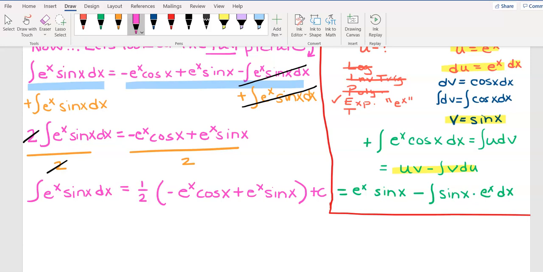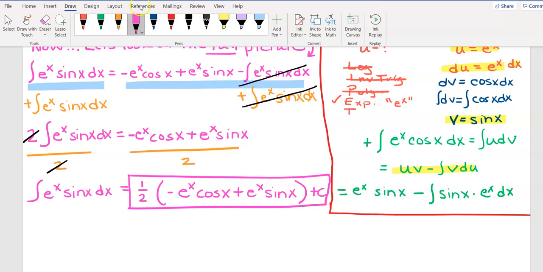And once we add that plus c, we have now found our answer, and it is 1/2 times the quantity negative e to the x times cosine x plus e to the x times sine x,